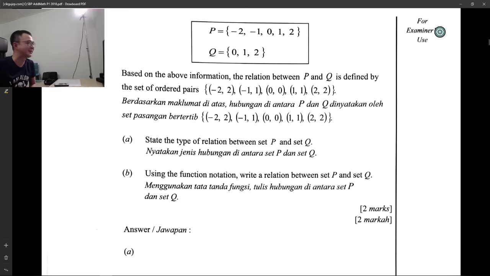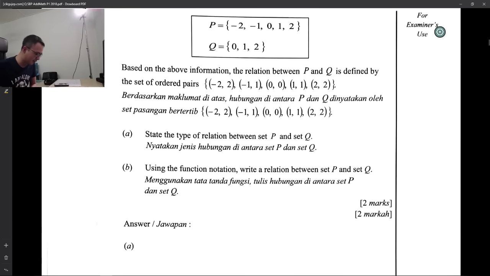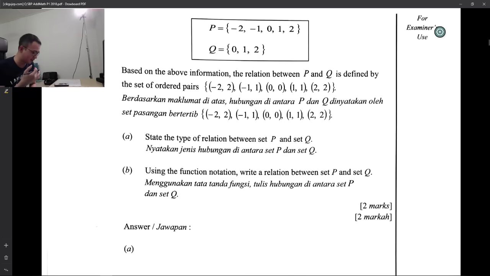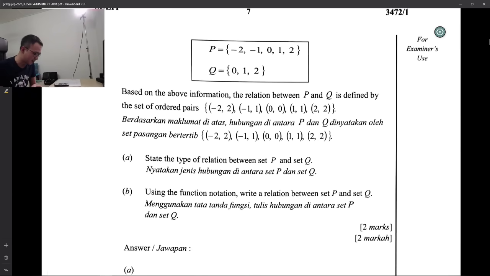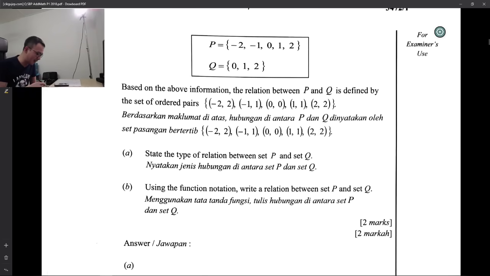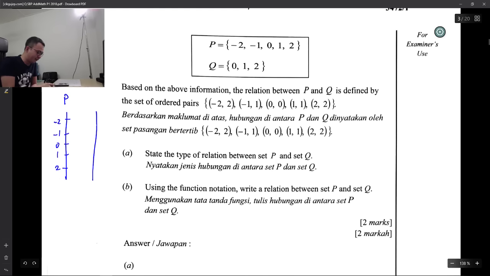Alright, based on the above information, the relationship between P and Q is defined by the set of ordered pairs. Let's say this one I call P. You can see I have -2, -1, 0, 1, and 2. I find different values here. And then this is my value Q. For Q, I should have 0, 1, and 2, 3 different values here. Because of the ordered pairs here, you can know that